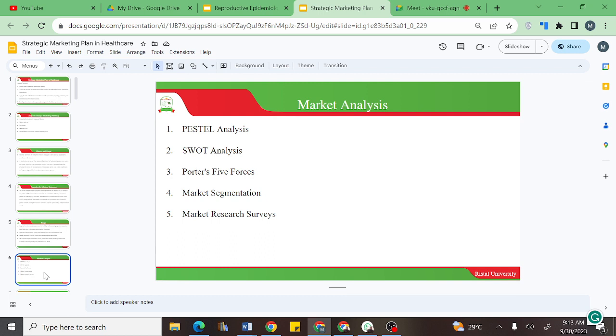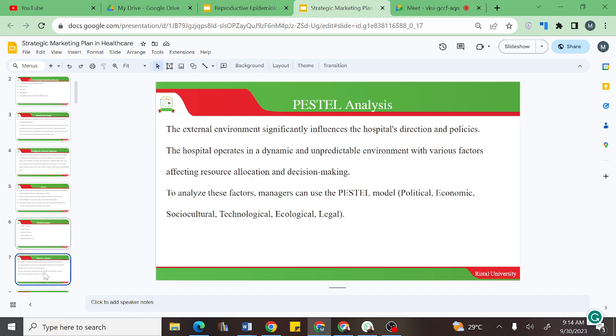So for you to understand that external market or external environment, you need to do a market analysis. So there are very many models or frameworks that you can use to understand the market environment. Okay, so you have PESTEL analysis, you have SWOT analysis, you have Porter's 5 forces, you have market segmentation, and then you have market research surveys. So we're going to look at each of these. So starting with PESTEL,